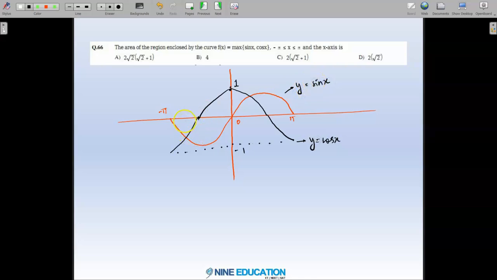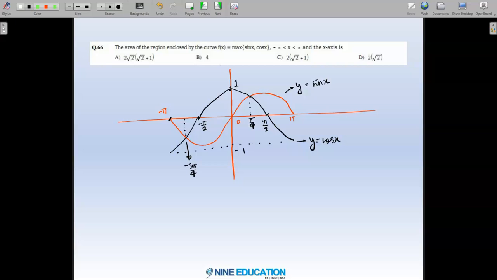Now observe the critical points wherever they are intersecting. This is basically right side it is pi by 4, left side it is nothing but minus 3 pi by 4. Okay, it is minus 3 pi by 4 because this is minus pi by 2, and this is minus pi. So it is in between. This is minus 3 pi by 4. Fine. Again on right side also, if you want to understand what is happening, this is pi by 2 where